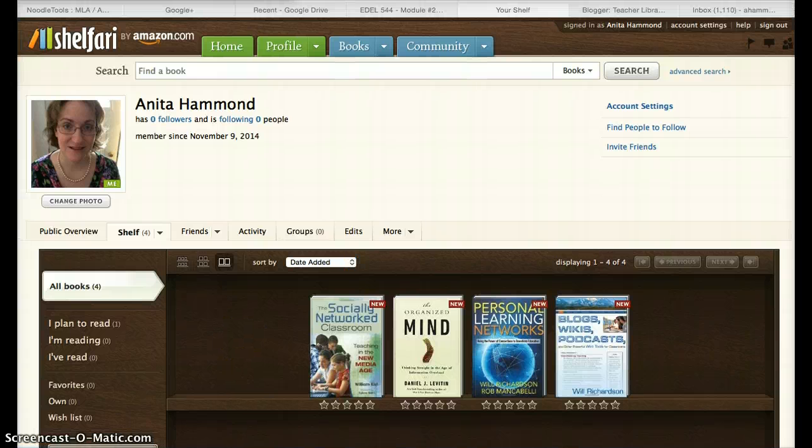To add a bookshelf from Shelfari to my website or blog, I need to create a widget. A widget is a standalone application that can be embedded into a third-party site by a user on a page where they have rights of authorship, such as a web page or a blog. So in order to move a shelf from Shelfari, or a widget, to my blog, first on the Shelfari page I have to click on Home,